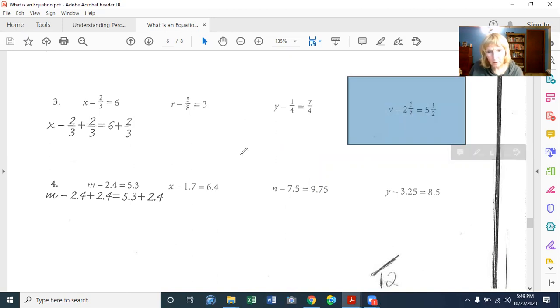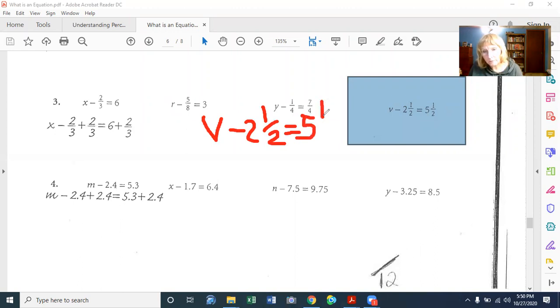V minus 2.5 equals 5.5. So now I need to add 2.5 to both sides, because I was subtracting before. I have to do the inverse of what I was doing. So I was subtracting, now I'm adding. And I have to do the same thing to both sides, so I have to add 2.5 to the other side of the equals,